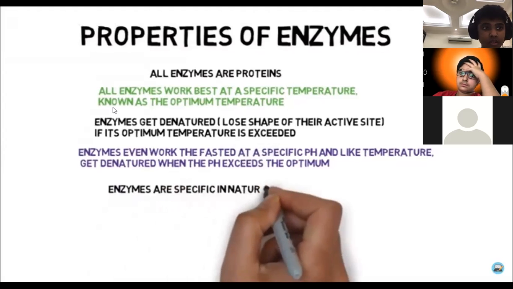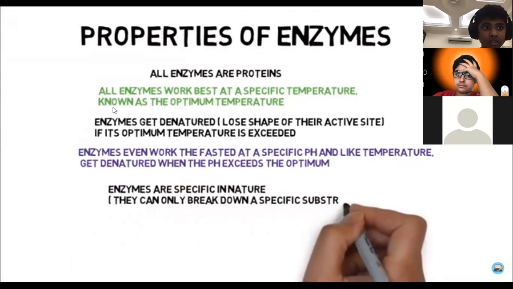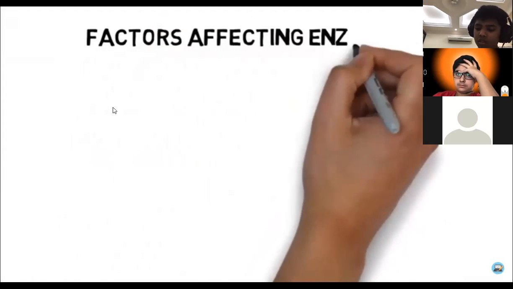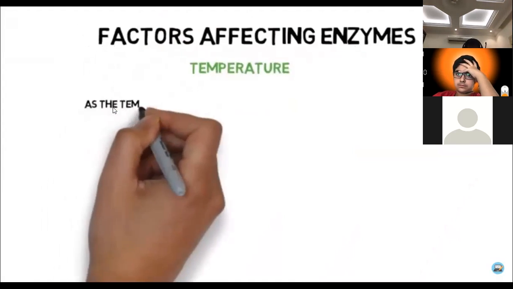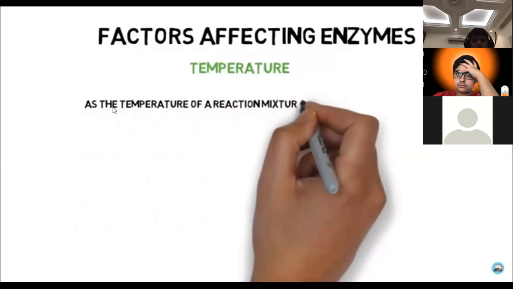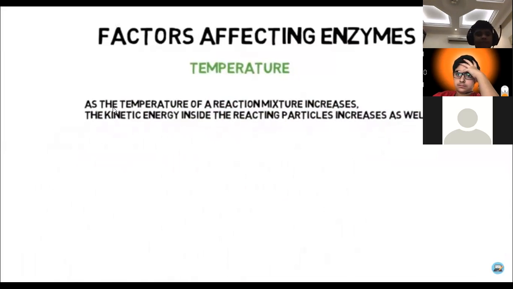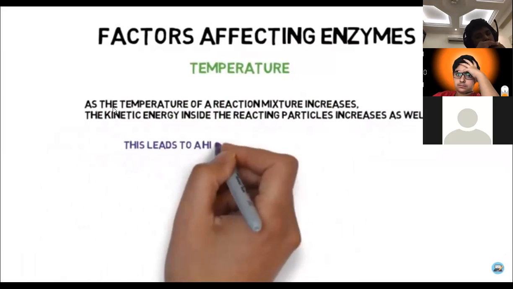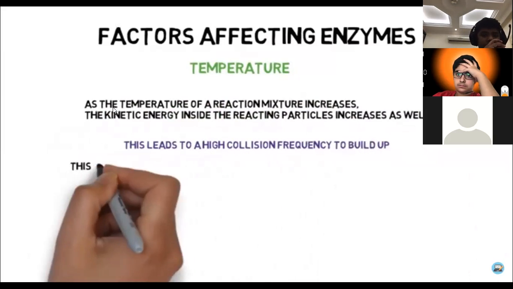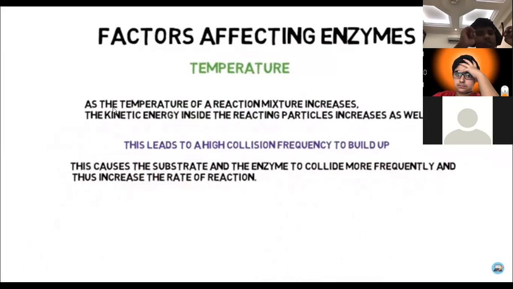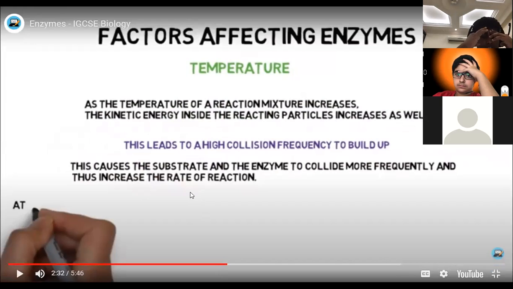Enzymes are specific in nature. They can only break down a specific substrate. Factors affecting enzymes. Temperature. As the temperature of a reaction mixture increases, the kinetic energy inside the reacting particles increases as well. This leads to a high collision frequency. This causes the substrate and the enzyme to collide more frequently and thus increases the rate of reaction. However,